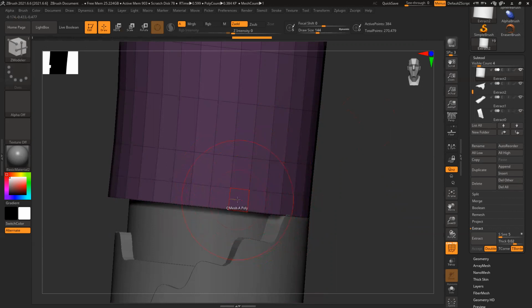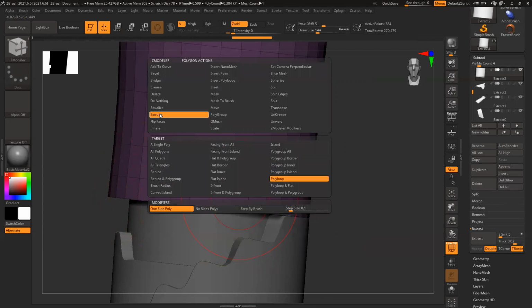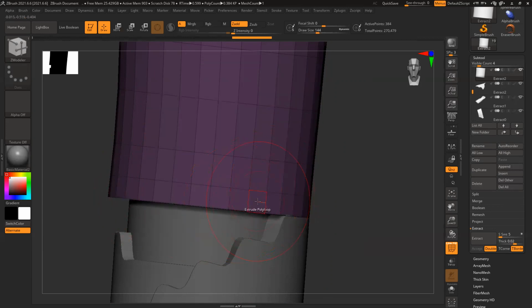So you can see there's an orange line pointing in a direction. If I move up, the direction is upwards, left, right, down. Whichever direction that orange line is facing, it will read that loop. So I want to extrude this loop, so it should face left or right, any of the loop sides. Spacebar, extrude, poly loop. So I'll show you. If I select this and extrude, it will extrude this side. I don't want it. I want this one.